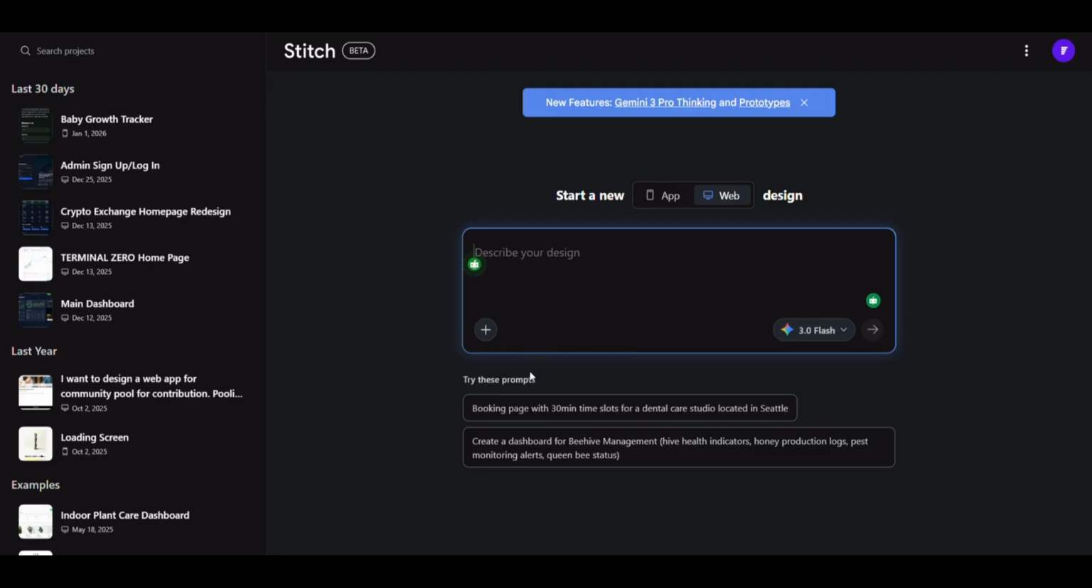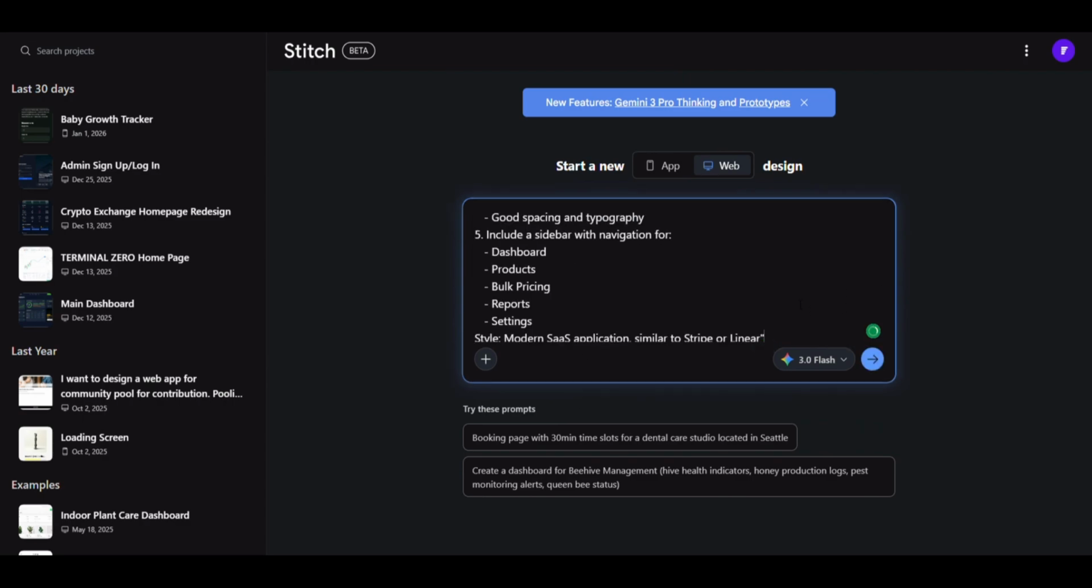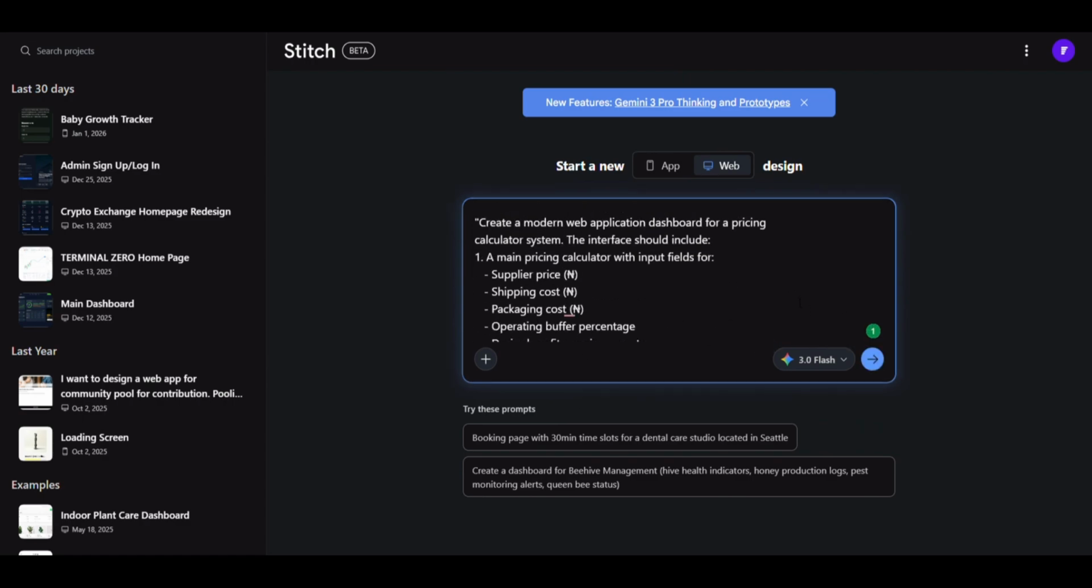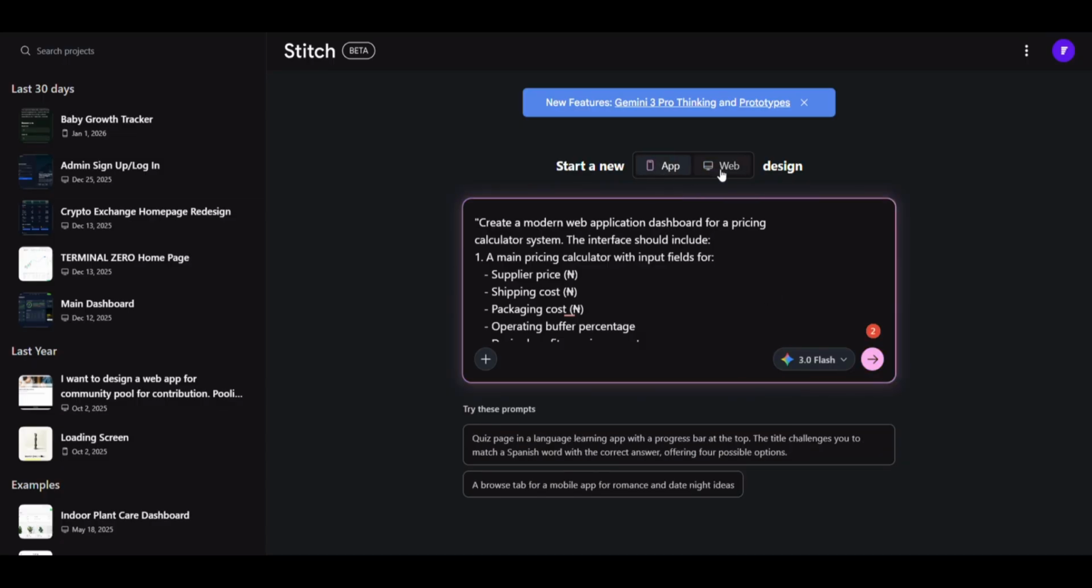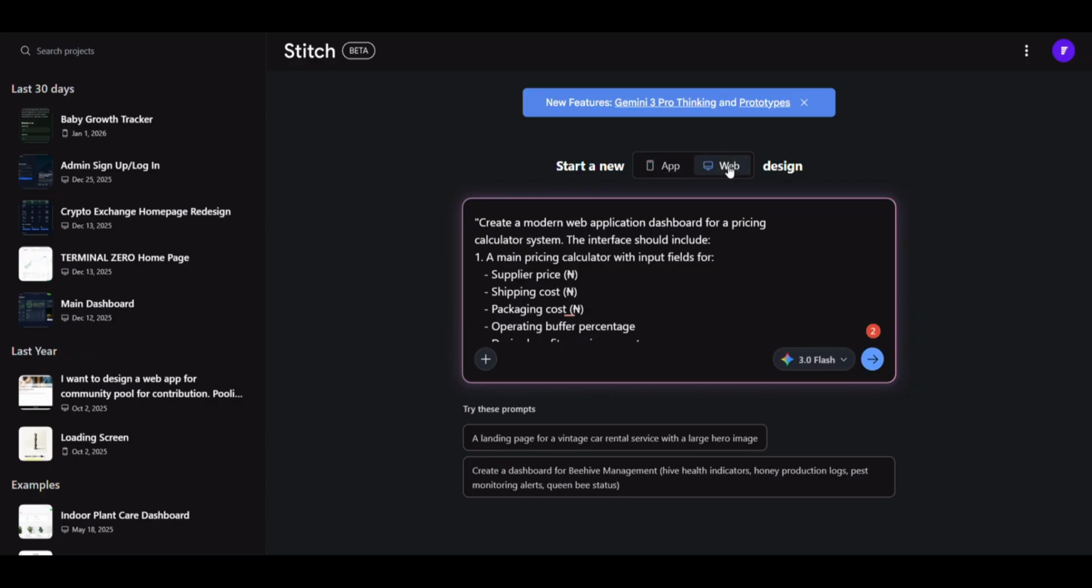I'll describe what I want and Stitch will generate the mockup. For this, I'll be using this prompt. It's a very long prompt, so I'll be leaving it in the comment section. If you need this prompt, you'll see it in the description of this video. And since we're doing a web app and not a mobile app, if we were doing a mobile app, we'd just select mobile app. But since we're doing a web app, I'll be selecting the web